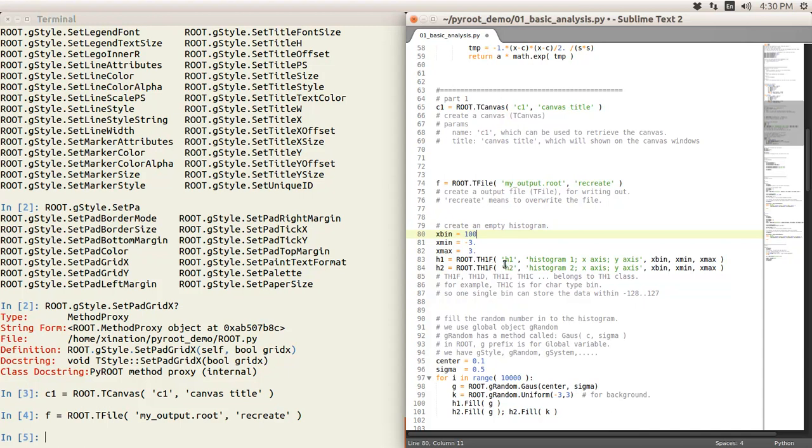Again, every object normally has a key. In this case, I would say the key is h1, because it will be the variable h1 here. Then the title here, I call the title "histogram 1". And you can see there is a semicolon here. The semicolon means that the next thing would be my label for the x-axis. The next is a label for the y-axis. You can skip this part, and later you can still change the title of your axis. That's still possible. And then the convention is to put the number of bins first,